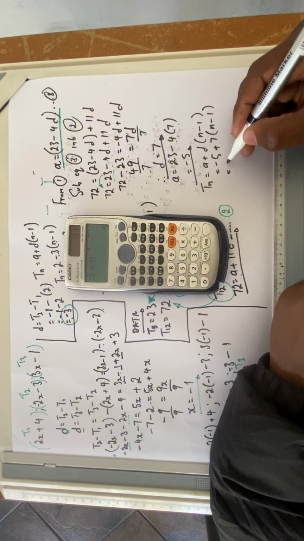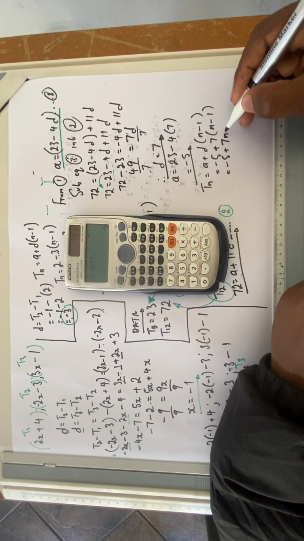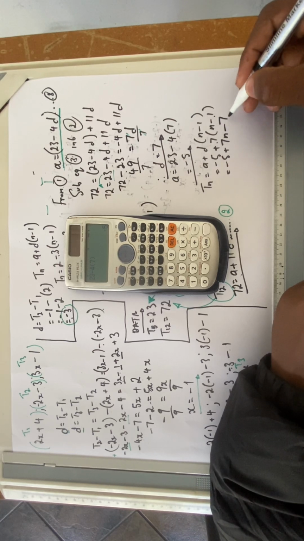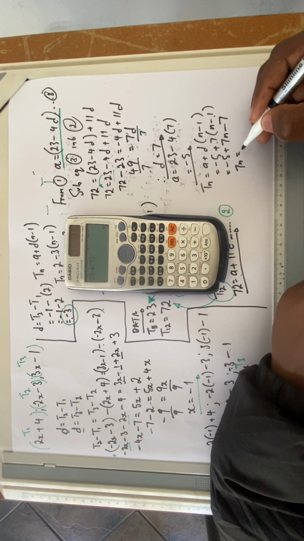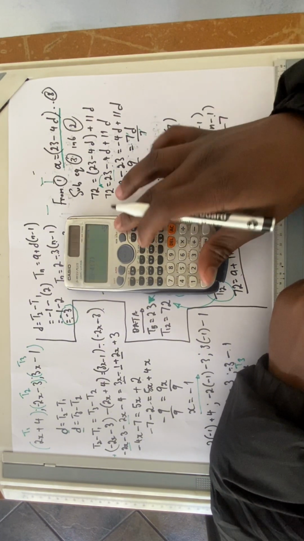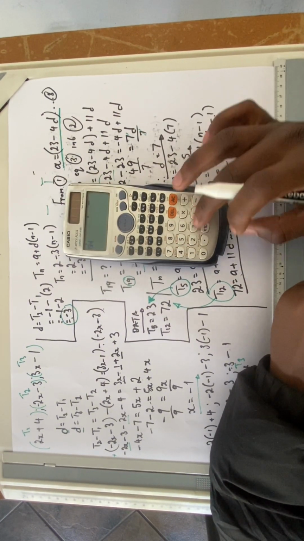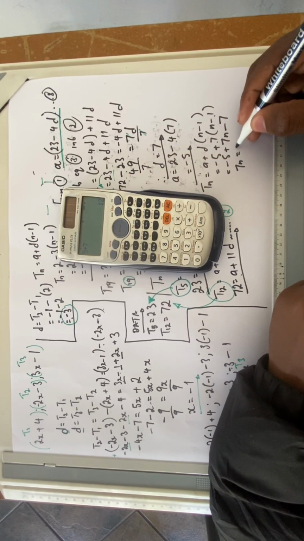I'm going to be having -5 plus what? 7n minus 7. So therefore, what do I get? 7n is equals to 12. It's 5 and this. It's going to be 12. 5 plus 7, 12. So therefore, I'm going to be having